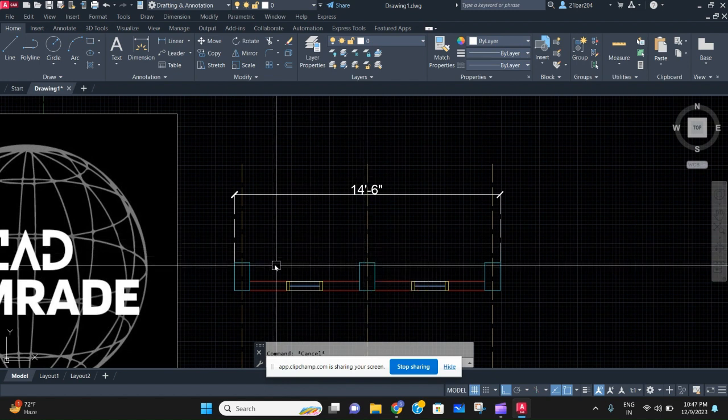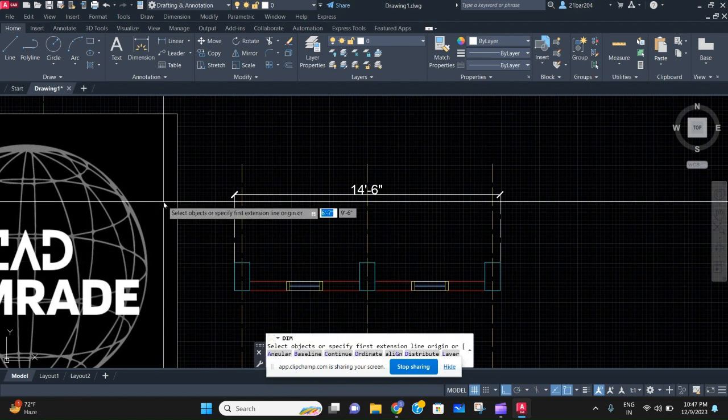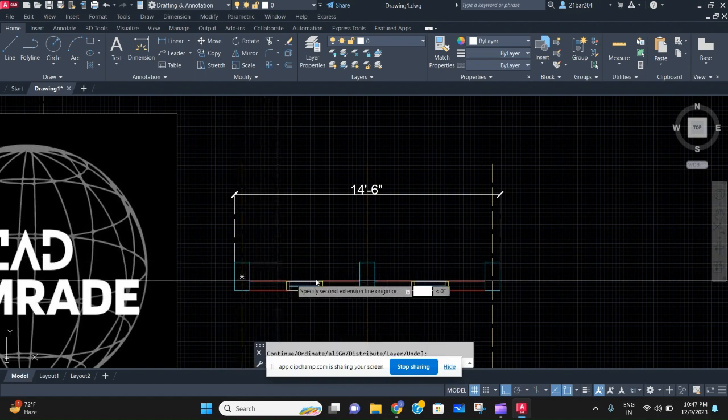So now we'll learn how to give dimensions in a working drawing. First, yeah, I have given this bigger dimension, then we'll give our center